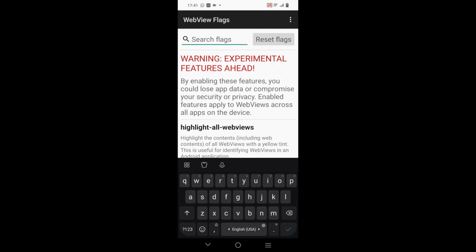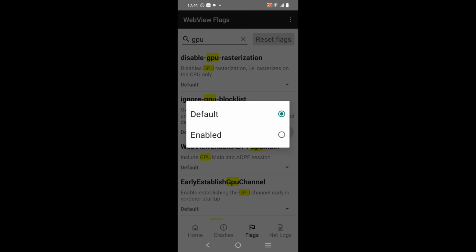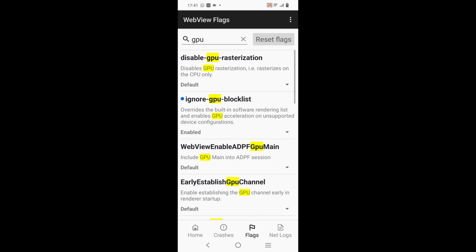First, type GPU in the search bar. Find Ignore GPU Blacklist and set this option to Enabled. Only enable this one. Don't turn on the others because that can make your phone heat up faster and waste more GPU power. By enabling only this, your GPU performance becomes more stable when it needs to work hard, like